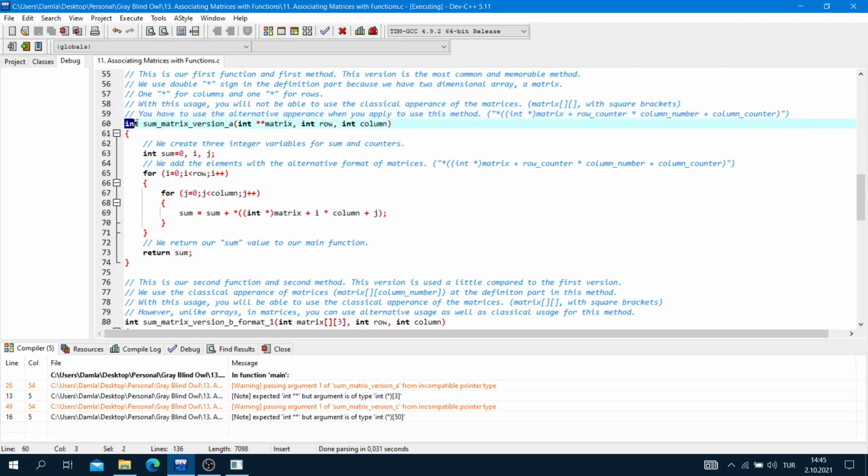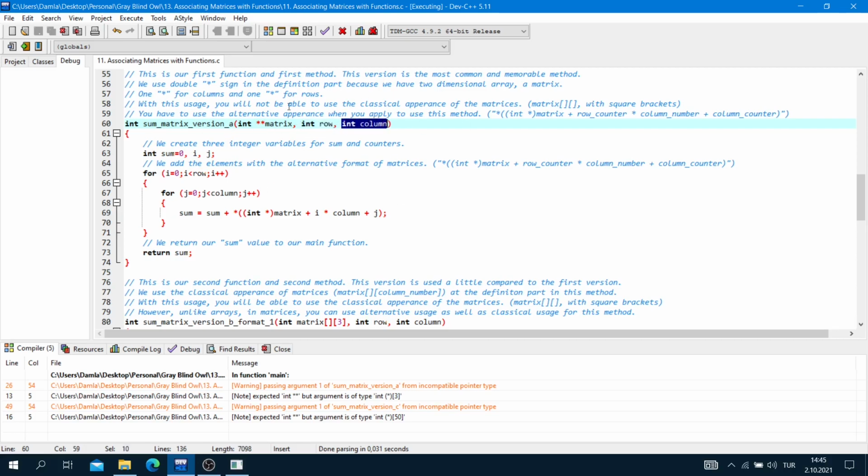Okay, our function: integer sum matrix version A, integer pointer matrix, because we have a two-dimensional array, integer row and integer column.